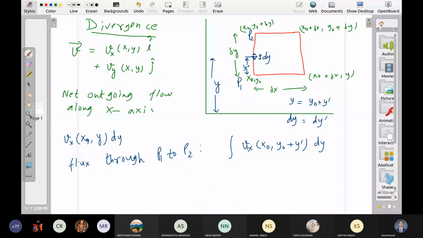What is the limit? P1 means when y was y naught, or y prime was 0. And the next limit, P2 means